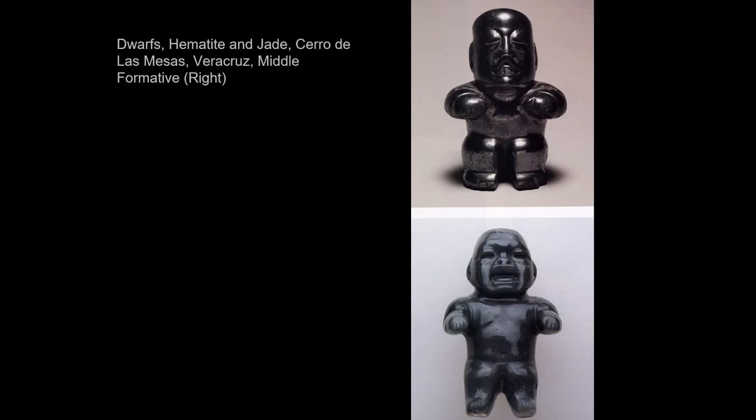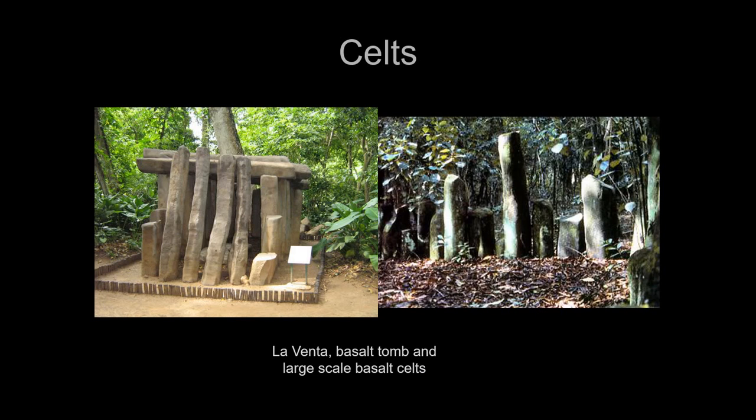We also find them carved into very hard materials. So we see these infants, or perhaps dwarves, carved into jade and hematite. We'll talk a little bit more about jade and hematite because it's one of the more important materials that exists. We'll also talk about how these babies don't quite seem normal, that they have these flat faces and these kind of curling, snarling mouths. One of the finds at La Venta was this large basalt tomb,